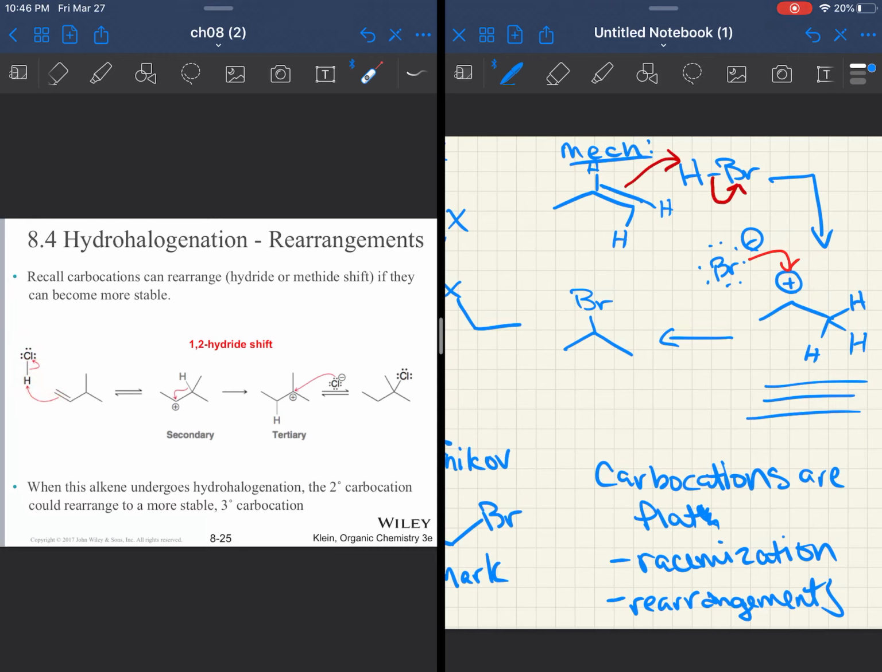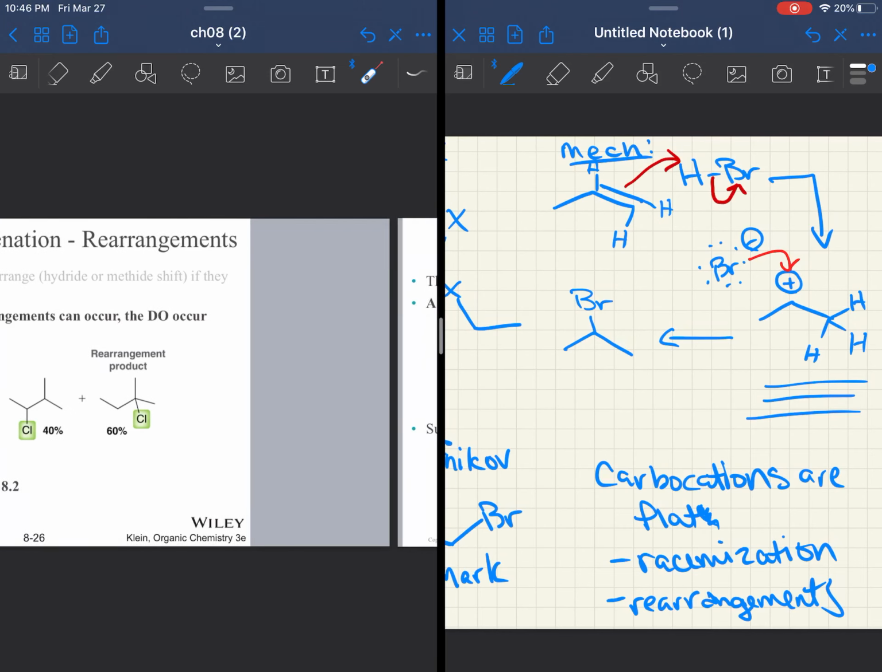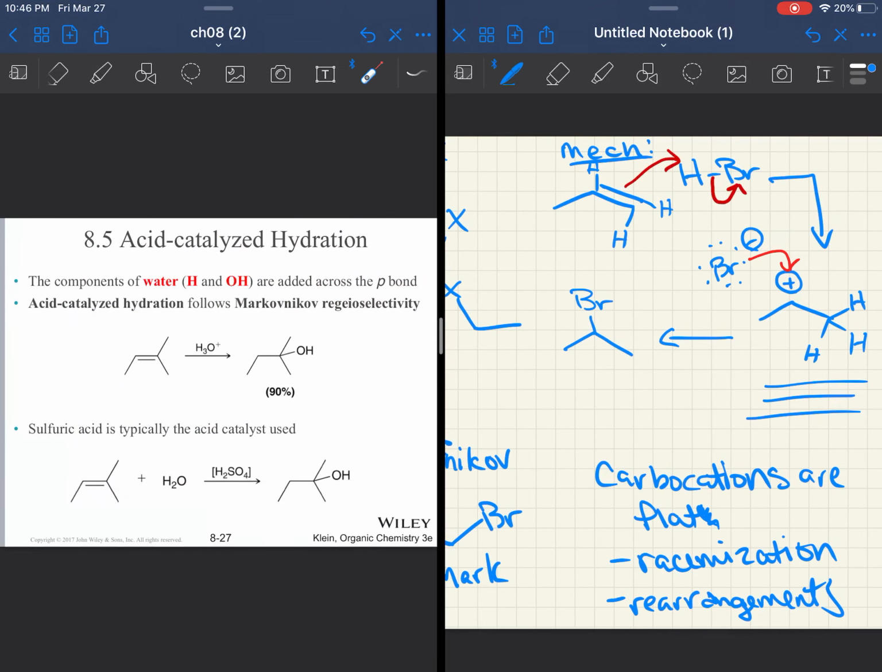So you're always going to draw that first step of that base, that double bond, picking up the proton. If that doesn't give you the carbocation you need to make the product, that's when you're going to think about rearrangements. Right here we see a hydride shift to go from a secondary to a tertiary alkyl halide. Or I'm sorry, carbocation. Okay, you notice you still get quite a bit of both. That's why I don't want you to worry about predicting rearrangements for me. All right, we'll move on to ask